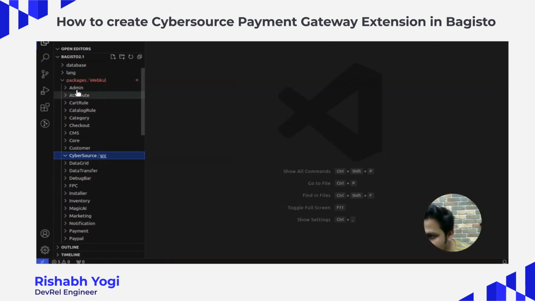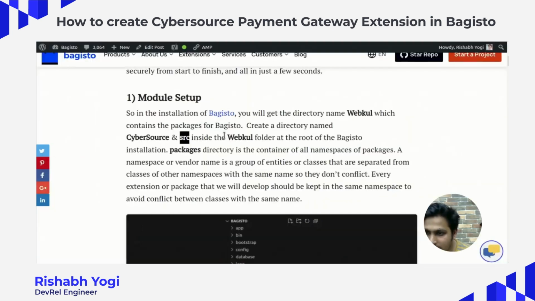As you can see, all the modules are registered over here and lie in the same manner: module name, then src. We have to do the same for CyberSource as well. So now, moving ahead,